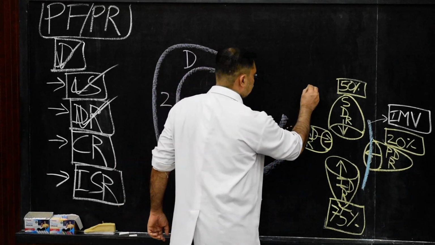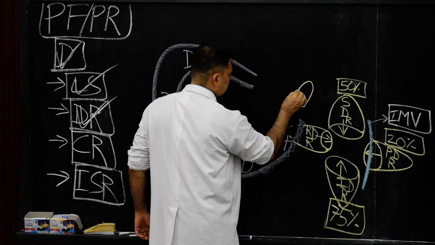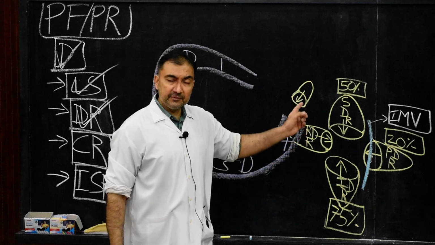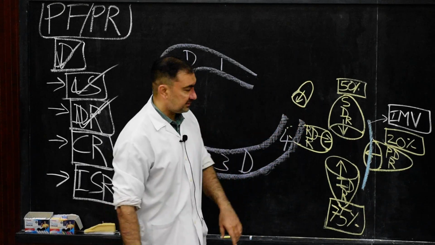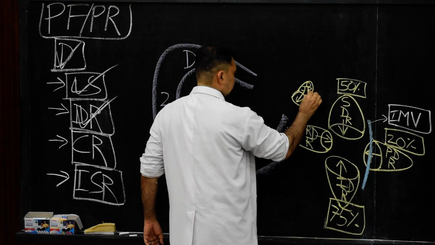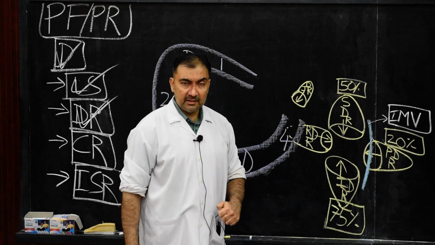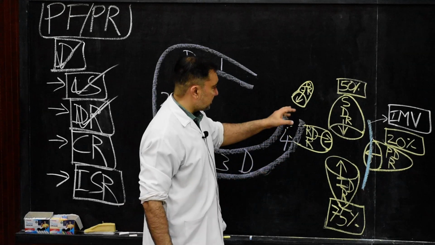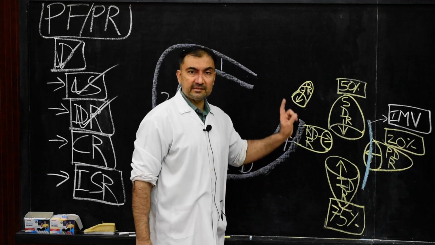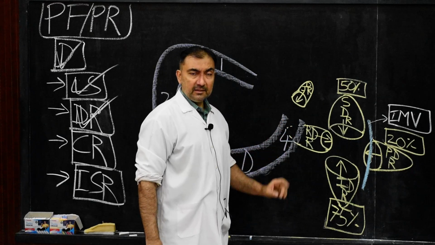Now recess number 5 will be located over here. You draw it in this way, and this is how the orifice will be downwards to the right. The name of this recess is duodenojejunal recess. Recess number 5 is duodenojejunal recess, present at the level of the duodenojejunal junction, and the orifice is facing downwards to the right.